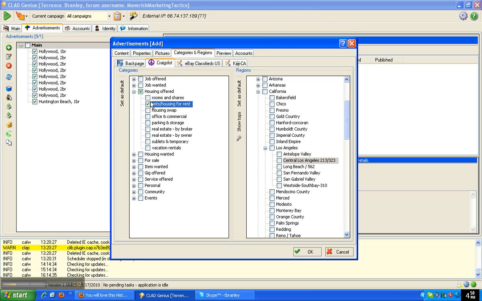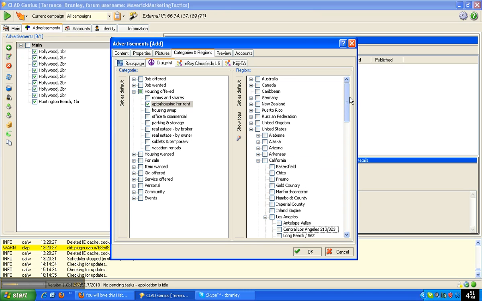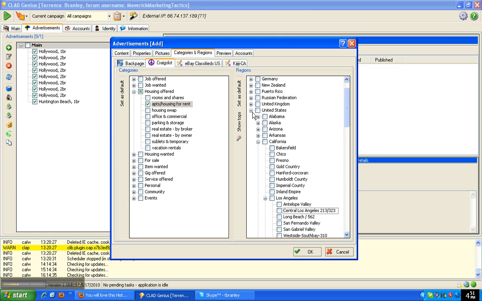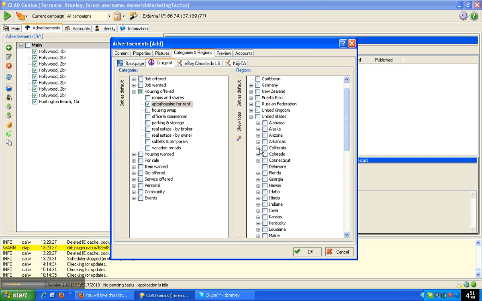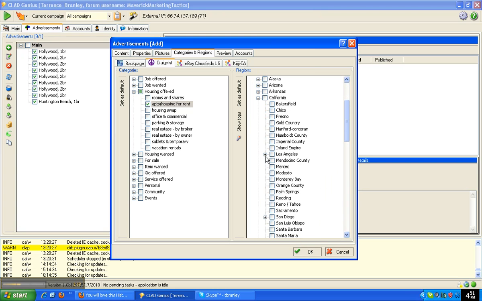Once you come here, you're going to check that box again, and then you'll come over to the region. The first time it'll look like this. You'll have to select United States, then California, then whichever area you're doing ads for. We're going to be doing Los Angeles, Orange County, San Diego, and Inland Empire. But for this example, we'll be using Los Angeles, and we're doing Hollywood, which is